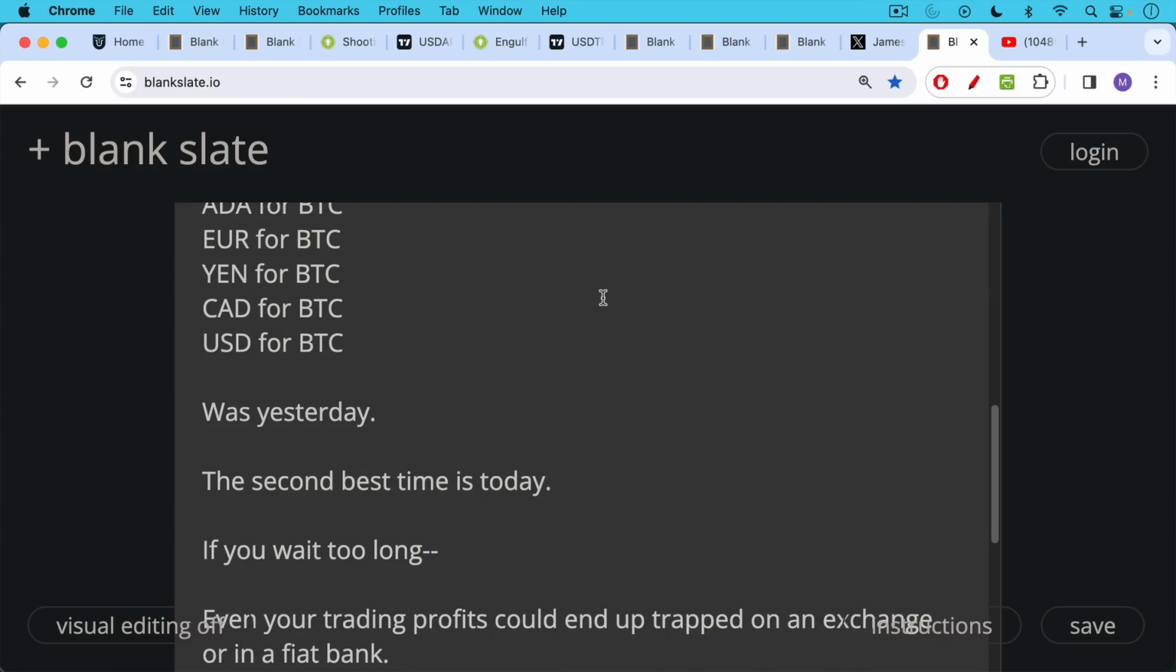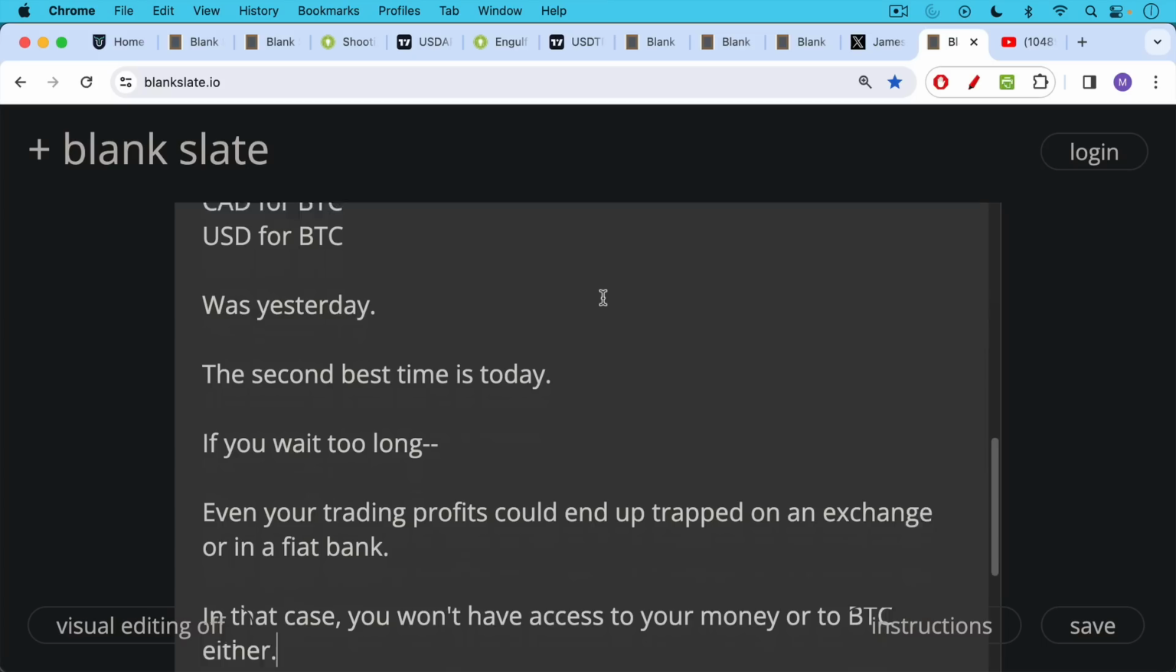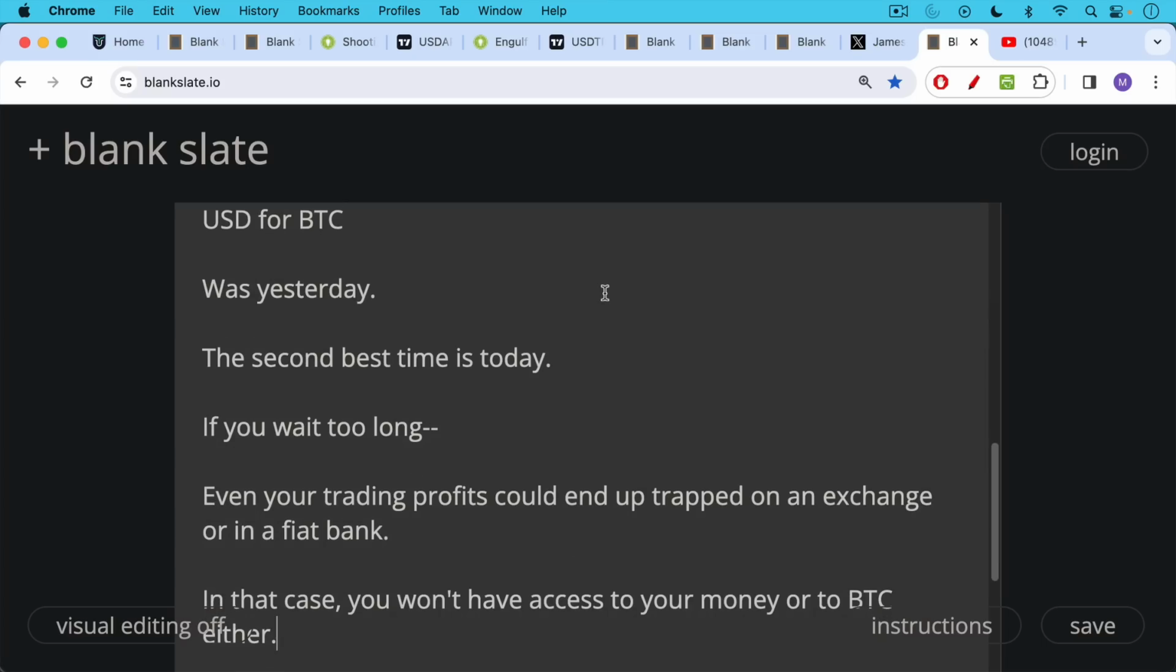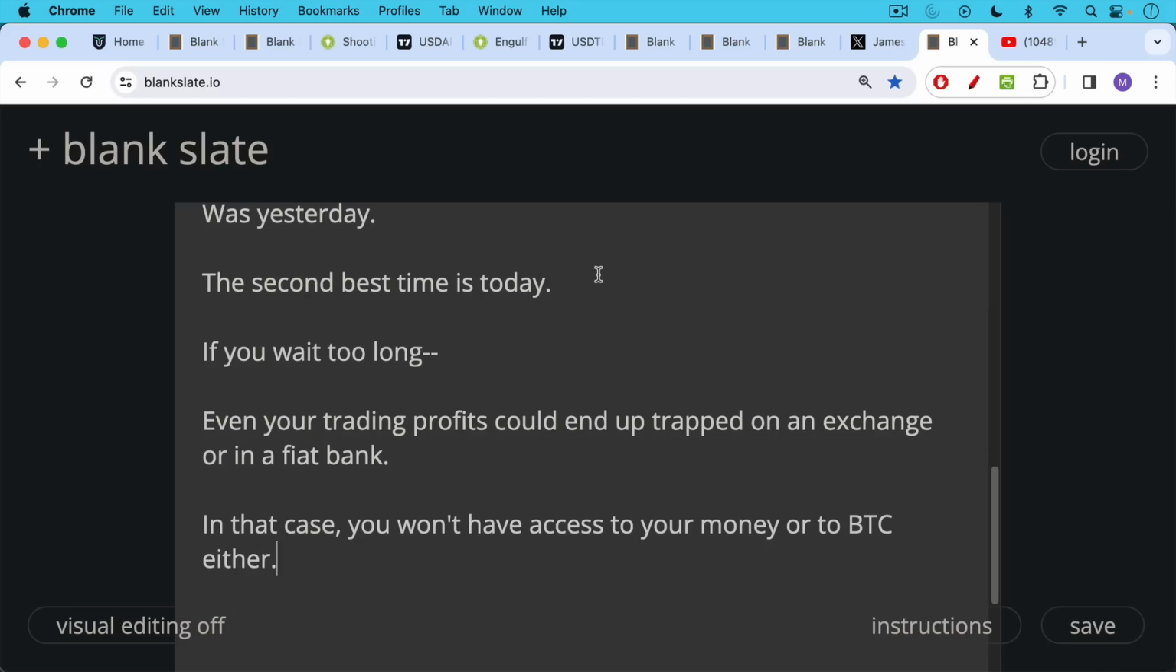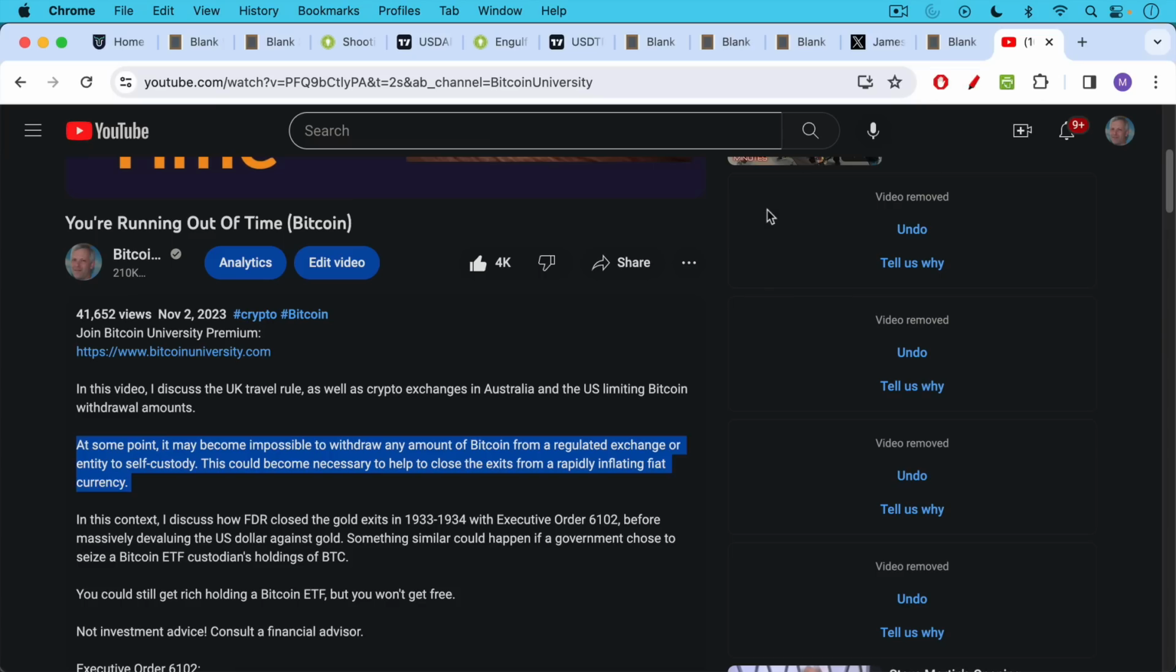If you wait too long, here's the problem. Even your trading profits could end up trapped on an exchange or in a fiat bank. If you understand the political situation and the macro situation, this is what can end up happening to your, quote unquote, profits. In that case, you won't have access to your money, your fiat money, or your other cryptocurrency, or to your Bitcoin either. And if you want to learn more about that, I talk about it in this video